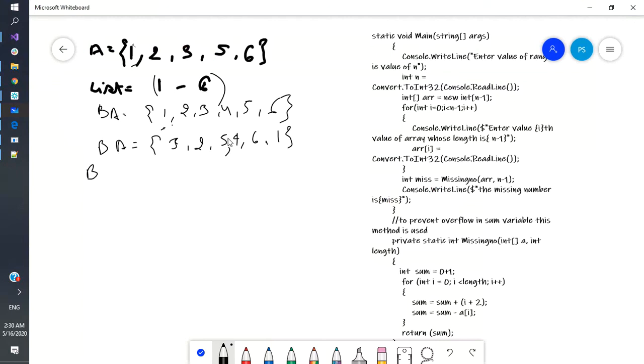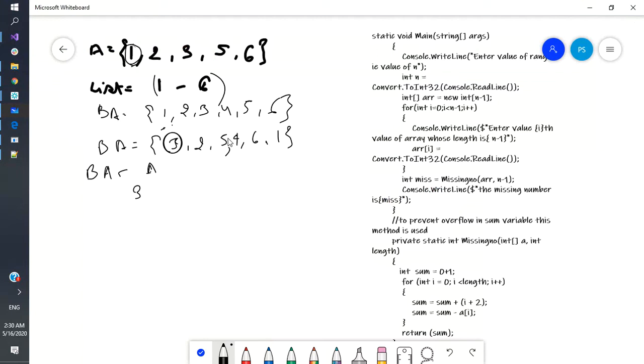So what I'm doing is subtracting, that is bigger A minus this A. I'm taking the first element from the bigger list minus the first element from the smaller list.